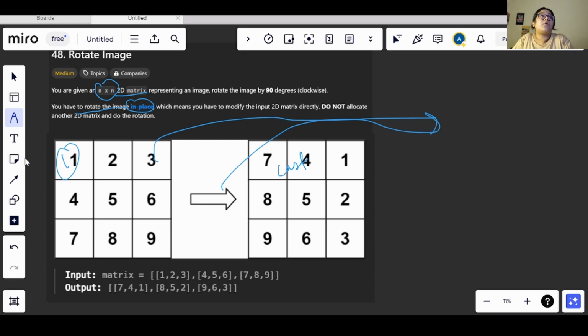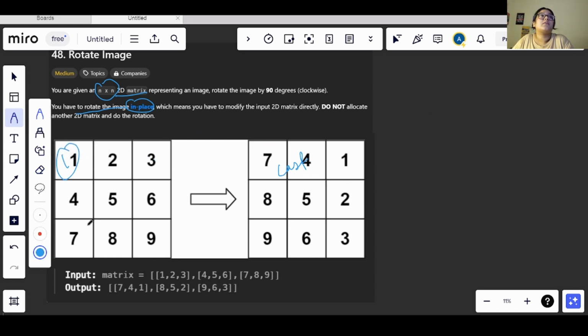For the first time, we can see that this 7 is up, and this 8 is here, and this 9 is here. Then we can see that the 8 that was here is still here, which means there is some reversing. Whatever value was at the bottom went to the upside. The matrix operation in which this happens is called the transpose of the matrix.